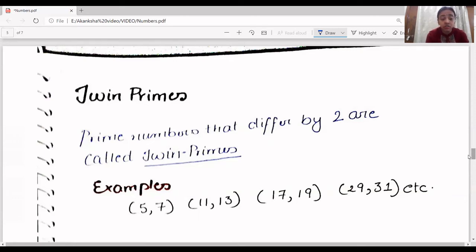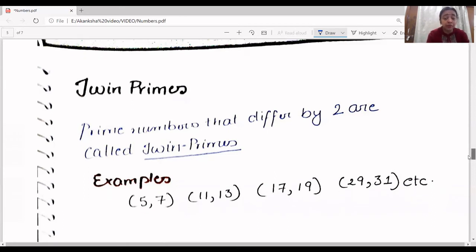5 and 7 also differ by 2. 7 minus 5 differs by 2, right? 11 and 13, both are twin prime numbers. Yes, they are twin prime numbers, and when you subtract 12 from 13, you get 2. 17 and 19, another twin prime pair. 29 and 31, another twin prime pair. So such pairs of prime numbers that differ by 2 when you subtract them are called twin